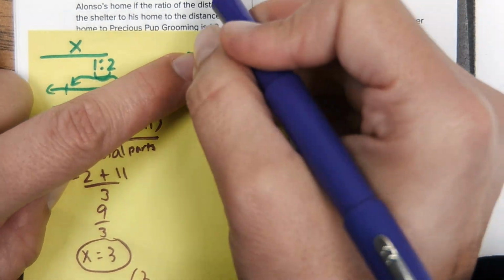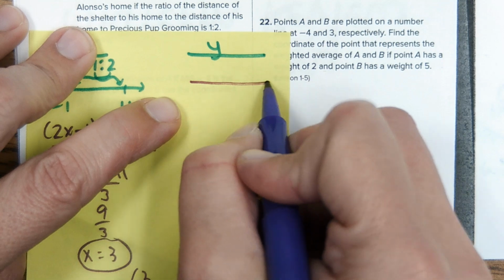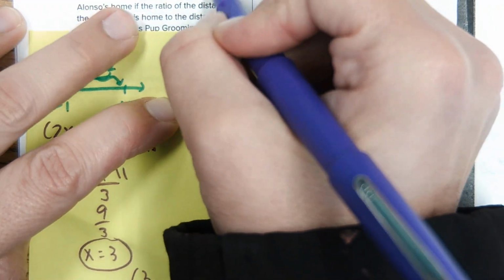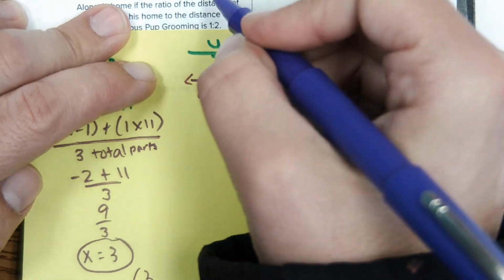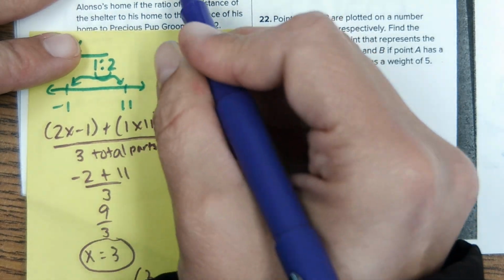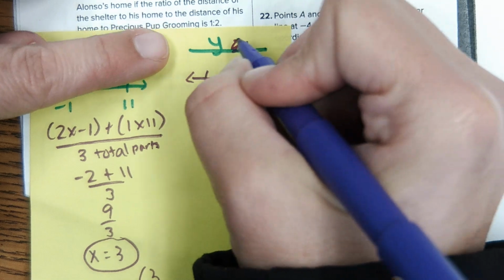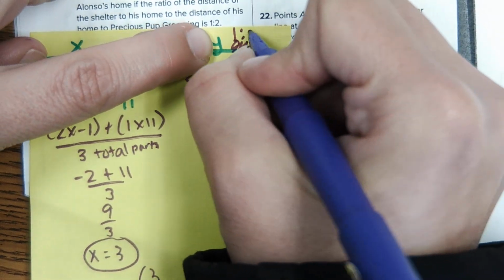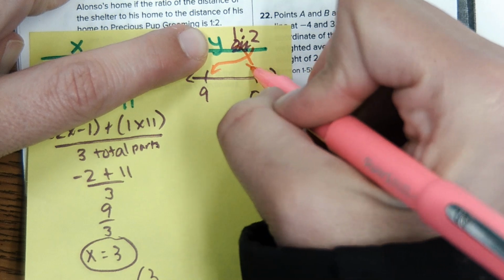So same thing. We're going to do this in the same order. Notice how I did this to this. Our y now is 9 and 0. So even though this is kind of backwards on a number line, I'm going to keep it consistent because I did -1 to 11. So then our ratio is 1 to 2 ratio,